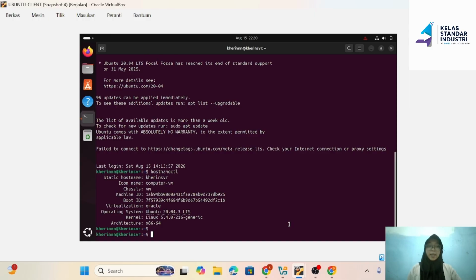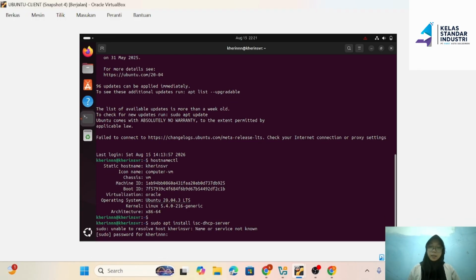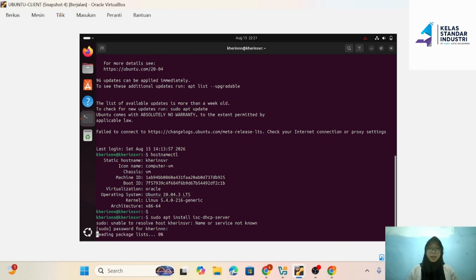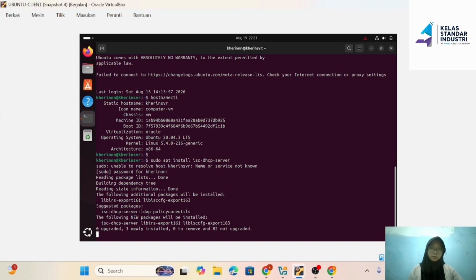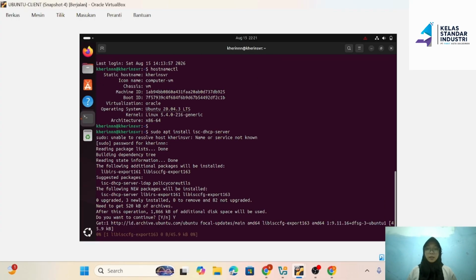Enter. Okay, the first step to configure the DHCP server on this Ubuntu router is installing the package. Enter your password. Enter. Press Y. Enter.